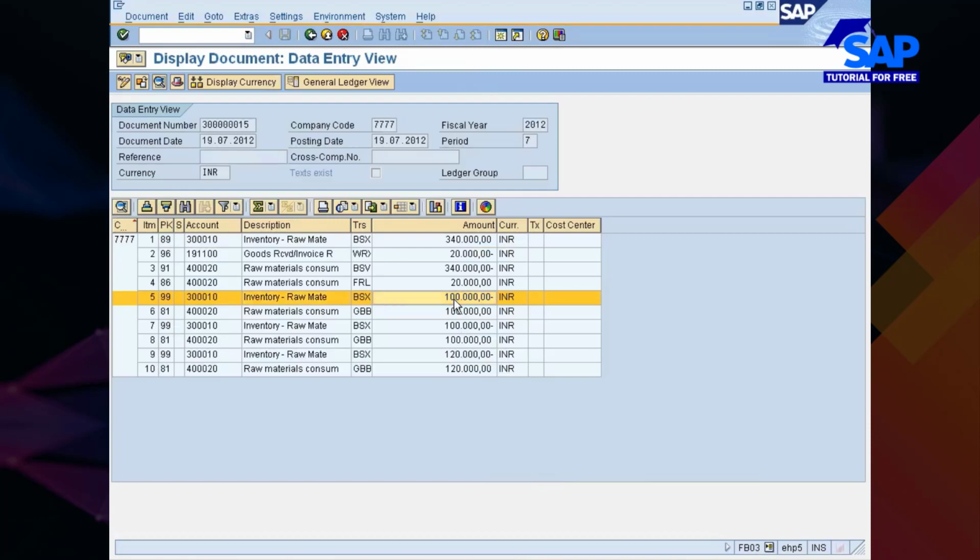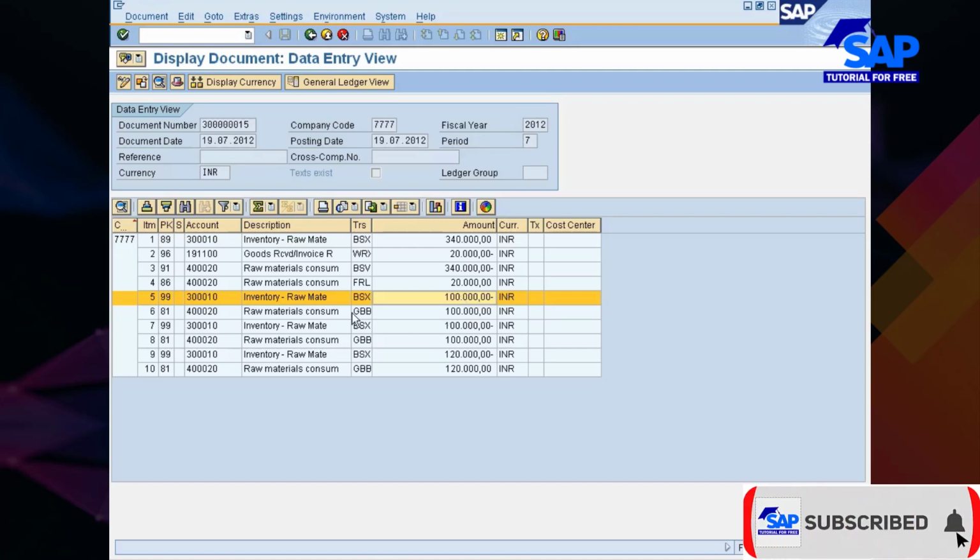సో ఈ ర్యామ్స్ కి 1 lakh అమౌంట్ ఖర్చు అయిందండి. అది కూడా స్టాక్ అకౌంట్ లో, ర్యామ్స్ స్టాక్ అకౌంట్ లో తగ్గింది. As you know, any inventory transaction you will see two accounts. Stock account reduce అవుతుంది or increase అవుతుంది. At the same time there is an offsetting entry in case you are doing goods receipt or goods issue without referring to anything. So GBB,